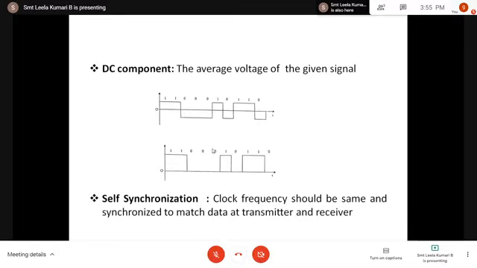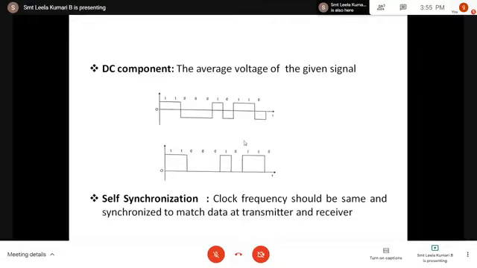So the average voltage of the given signal is defined as the DC component. Over one cycle period of a waveform, if all the positive voltages are cancelled by negative voltages, then the DC component of the waveform is 0. Suppose you consider this one, it has both positive polarity and negative polarity. If one cycle period of a waveform has all positive values cancelled by negative voltages, then the DC